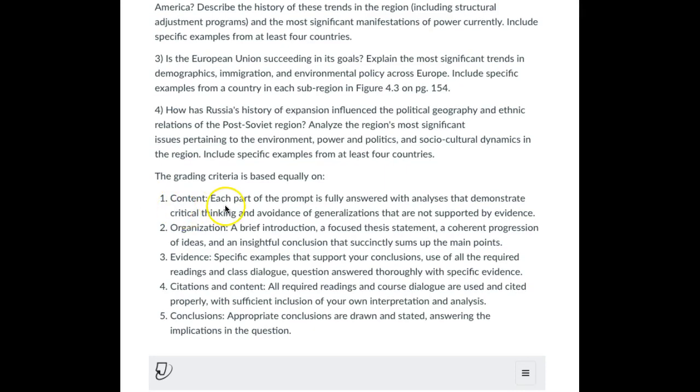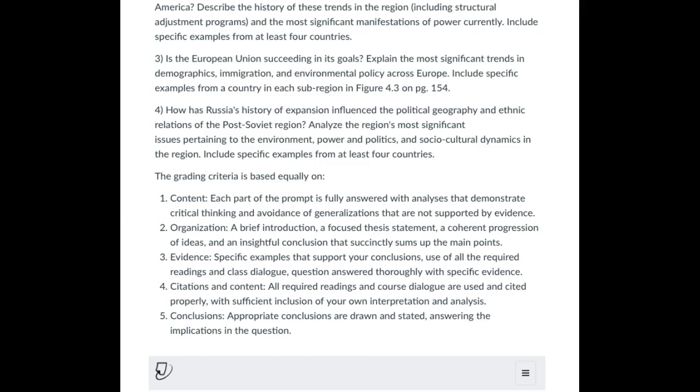So this is a really important one to remember, as a lot of times students will skip certain parts of the prompt. You want to make sure you respond to each aspect of it. It doesn't have to be in sequential order, as in the order that the prompt is structured, but each part of those prompts are there for a reason, and we want to make sure that we respond to all of it. And demonstrating critical thinking, explaining the assumptions and questions that you're using in your analysis, and the avoidance of